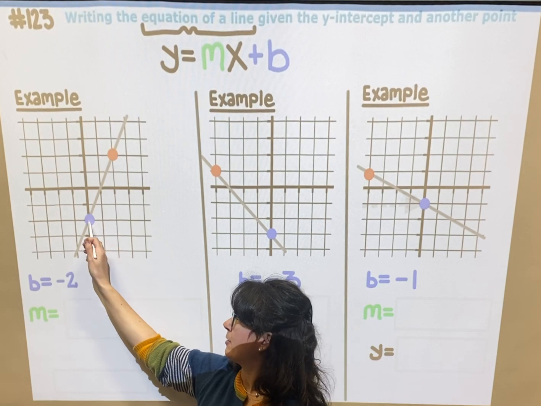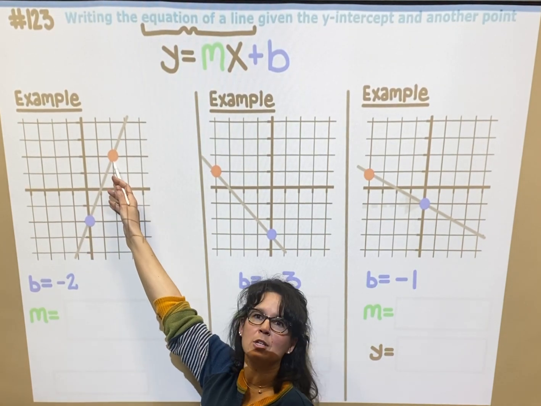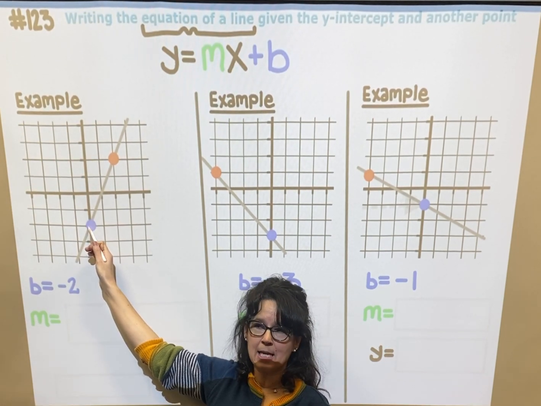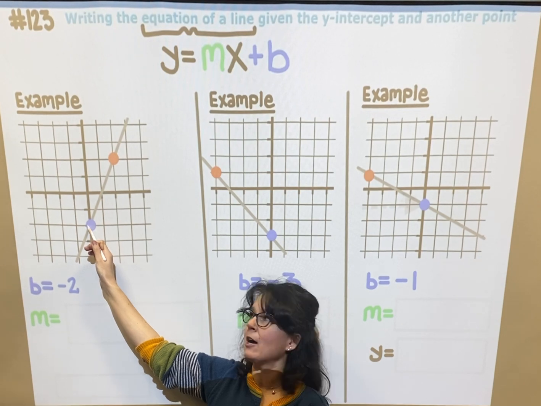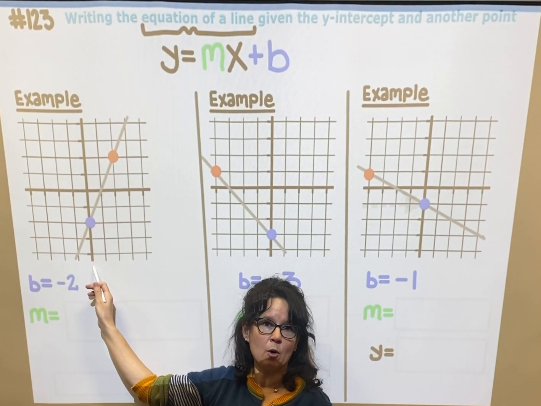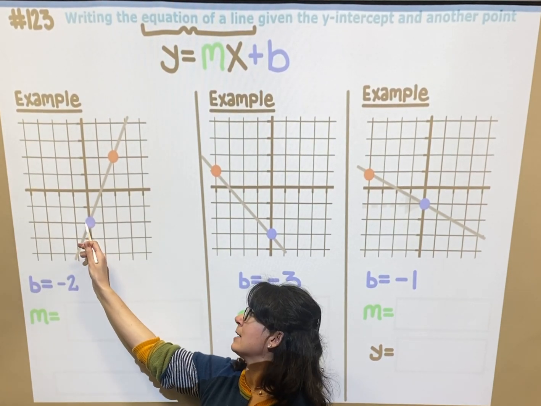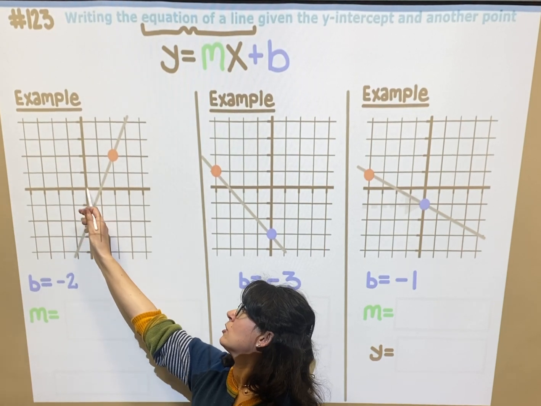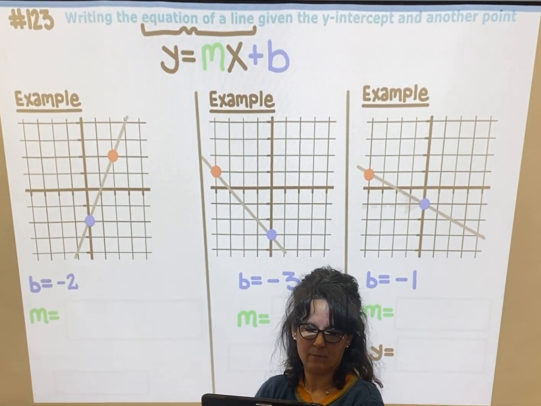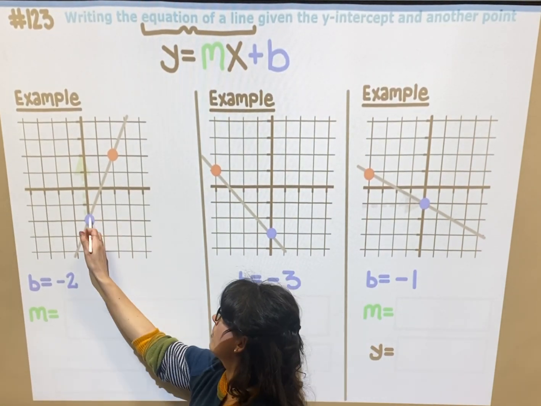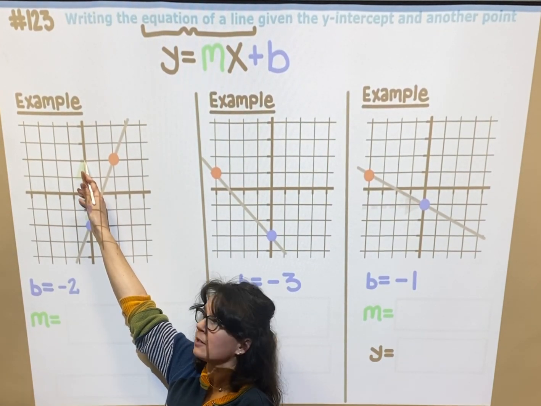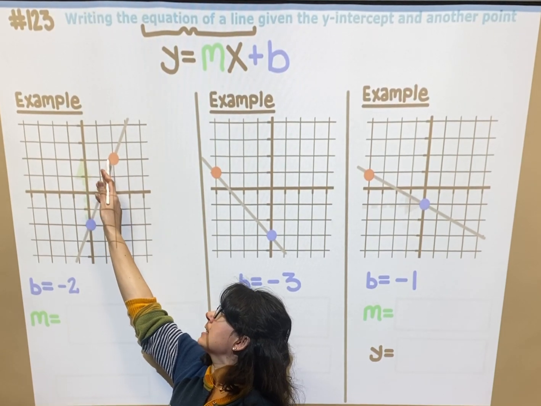So if I start at this blue dot and I want to move over to this one, the first thing I'm asking myself is how much am I going to have to rise? And if I'm going to rise, my options are up or down. So if I go up, I'm going to be heading towards the red one, but if I go down, I'm going away from it. So I'm going to rise and I'm going to go up 1, 2, 3, 4. So I'm going to rise 4, and now I'm going to run. My options are right and left, and right is positive. So I'm going to go right 2,